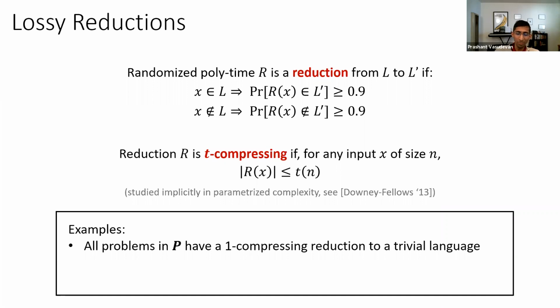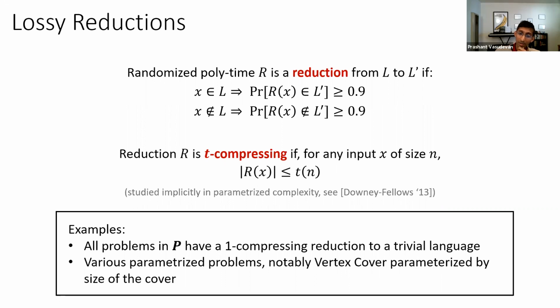Yeah, so compressing reductions, you can see some very simple examples of things like this, right? Where you can take any problem in P, and it has a one-bit compressing reduction to a trivial language, because you can just decide the language and output 1 or 0. And there are some very interesting non-trivial examples of these reductions that have been very useful to study in the past, such as problems which are parameterized, such as vertex cover, for example, which has this